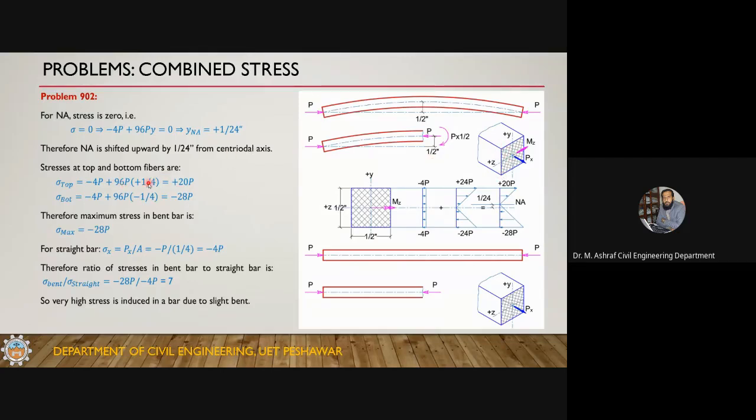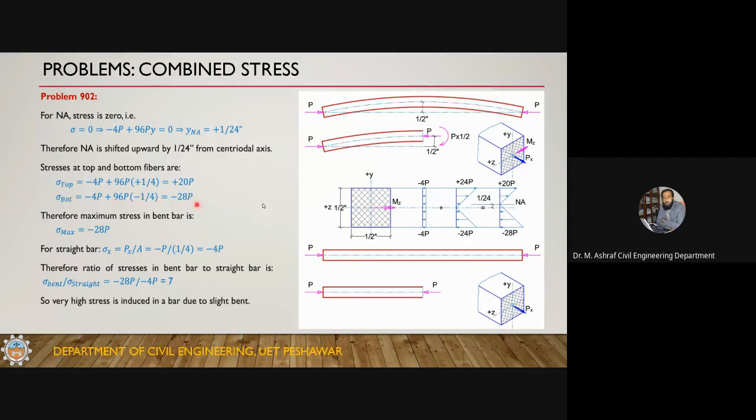Just plug in plus 1 by 4 in the previous equation, and you will get plus 20p. It means that in the top fiber you will get tension, and from common sense, if you are applying this force, obviously you will get tension here. In the bottom fiber, if you plug in minus 1 by 4, this will give you minus